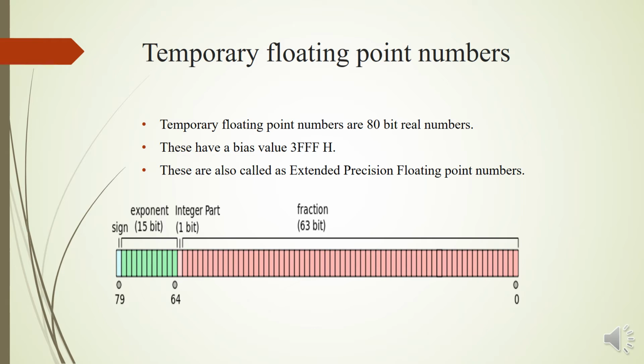Temporary floating point numbers. Temporary floating point numbers are 80-bit real numbers. They have a bias value of 3FFH. These are also called extended precision floating point numbers. The diagram gives you the 80-bit floating point number. Bits 0 to 63 represent